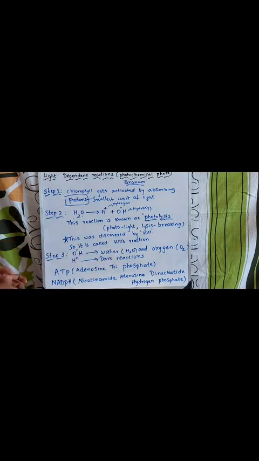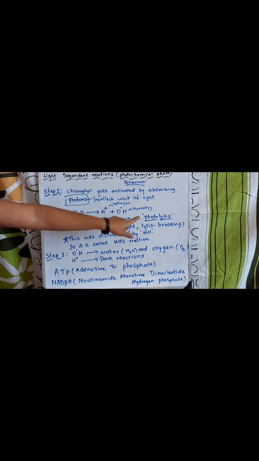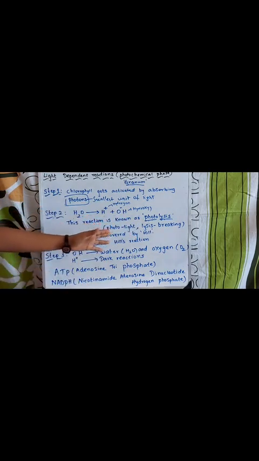So here you can observe there are three questions. What is the second step in the light dependent reaction? That is splitting of water molecule. What is meant by photolysis? Photolysis means breaking of water molecule or splitting of water molecule. Here what are the ions formed? H plus and OH minus, meaning hydrogen and hydroxyl ions are formed in this second step. Who discovered this photolysis? Hill, and it is named as Hill's reaction. If they ask you what is meant by Hill's reaction, what is meant by photolysis, then you have to write